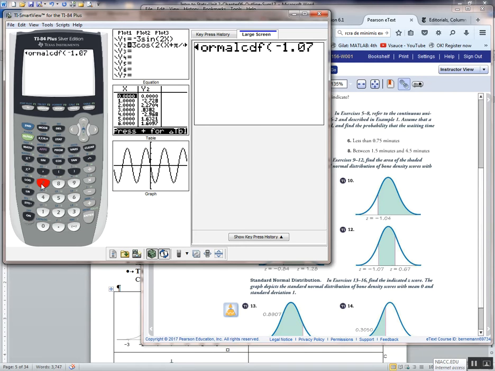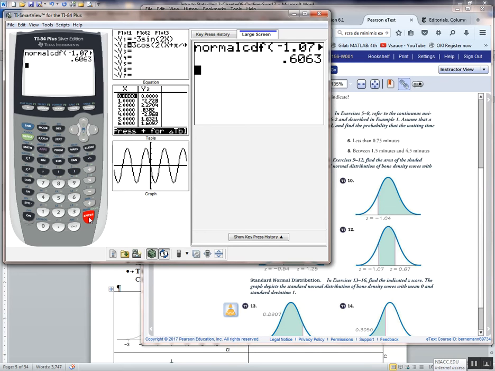1.07. And then to get a comma, it's the key just above the 7, and then I've got a 0.67, and I have a comma, and the mean is the next thing, which is a 0 and a comma. The standard deviation is the last thing, it's a 1, and I'm going to close my parentheses,